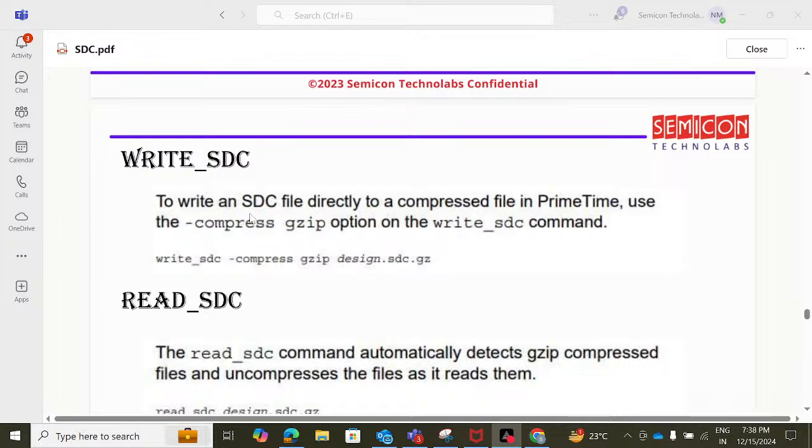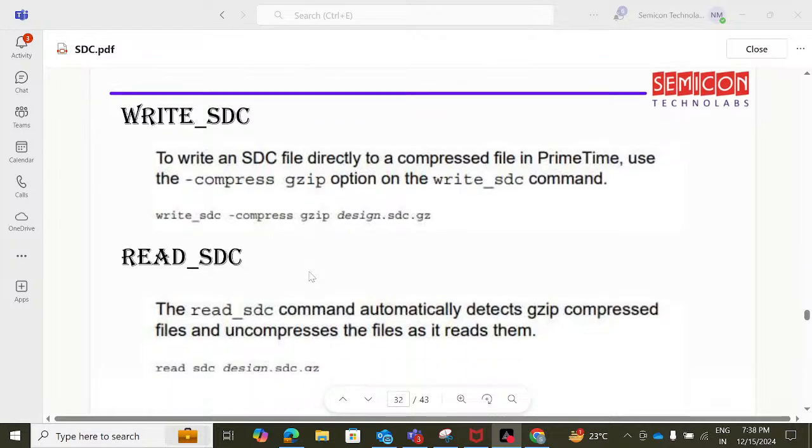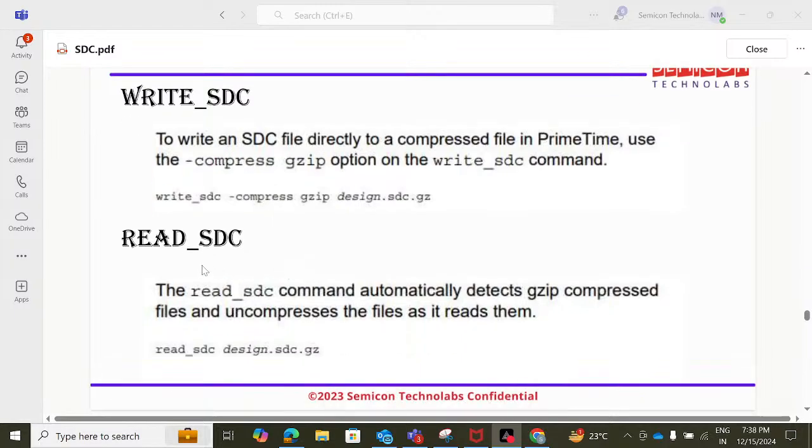Then finally write_sdc. To write an SDC file directly to a compressed file in PrimeTime, use the -compress gzip option on the write_sdc command. Right? write_sdc -compress gzip design.sdc. Then this is another command, read_sdc. The read_sdc command automatically detects gzip compressed files and uncompresses the files as it reads them. read_sdc design.sdc.gz. Okay. So with this, we'll summarize today's timing constraints topic,